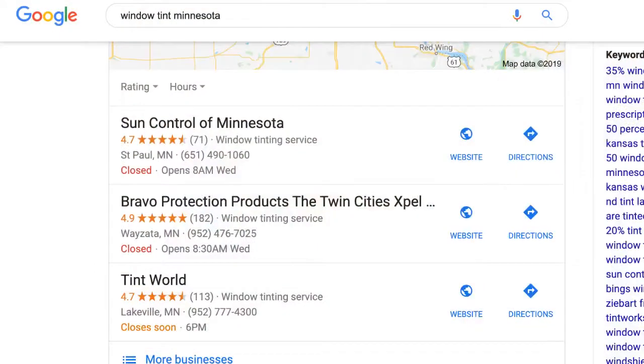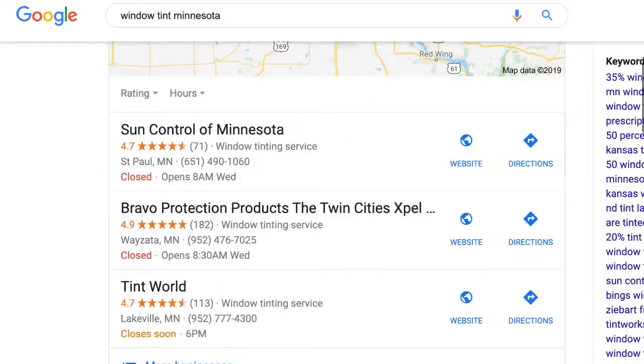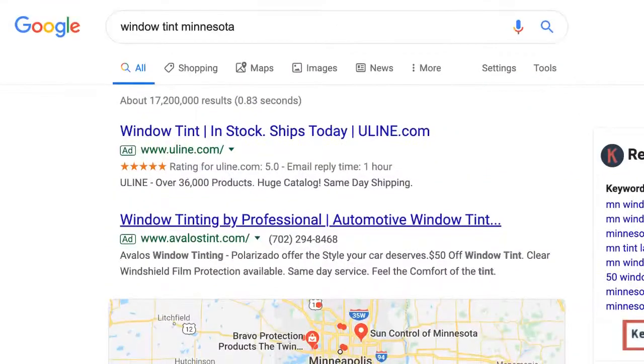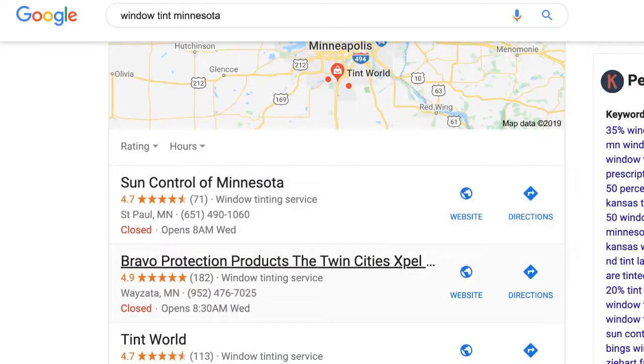So what I mean by that is, on this screen, what I'm showing here, this is the Google local listings, okay? If somebody's searching like window tint Minnesota or window tint in a city, it's going to show those Google local listings. It's going to show a couple ads typically. Then it's going to show those Google local listings. This is probably where you're getting most of your business from, unless your Google local listing sucks. But if it's any sort of reasonable listing, this is where you're getting most of your calls from, most likely,